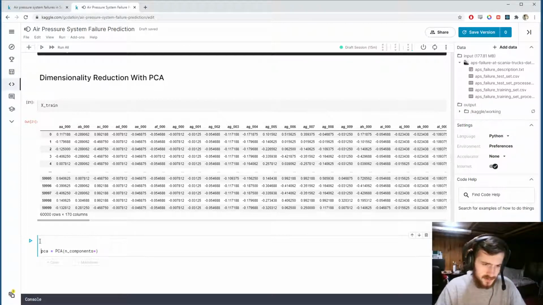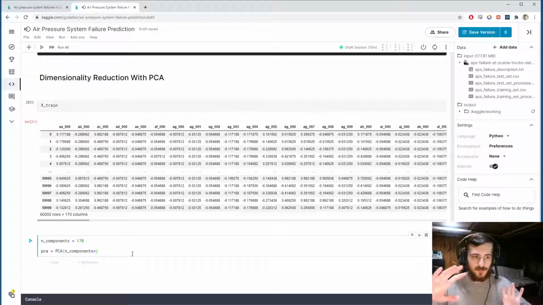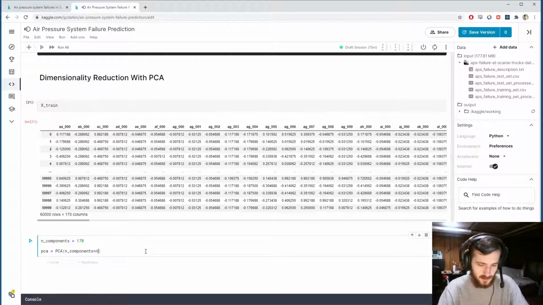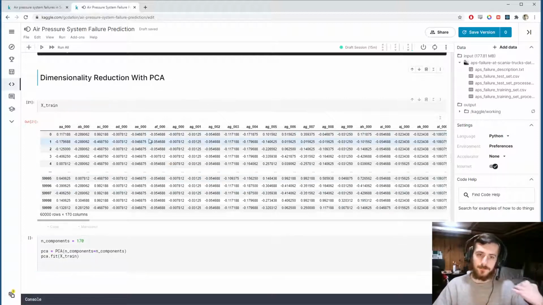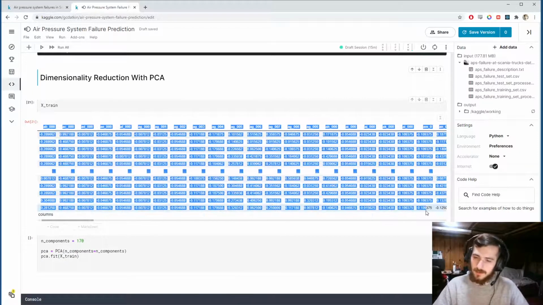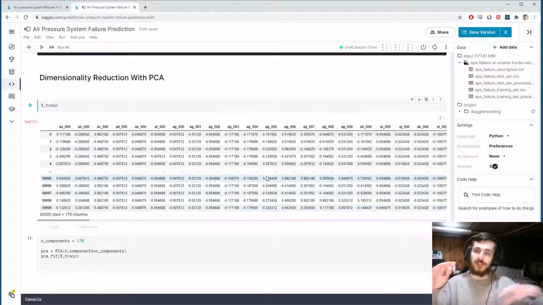So I'll start off using the same number. So n components up here is just going to be 170. So we're not changing the number of columns, we're just going to perform that shift of perspective. And then here we're passing in n components, and then I'm calling pca.fit on xtrain. So I'm going to fit it on the train set. I'm going to take a look at the data and then find those axes across which the data varies the